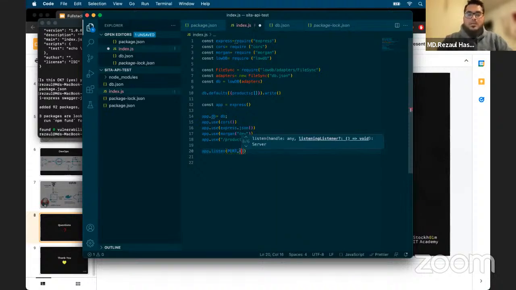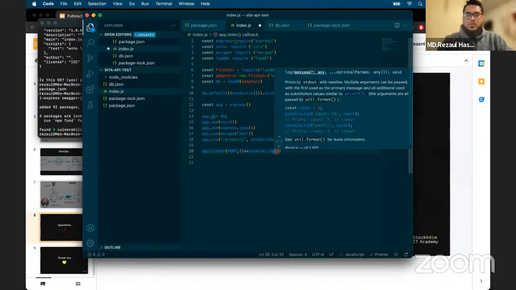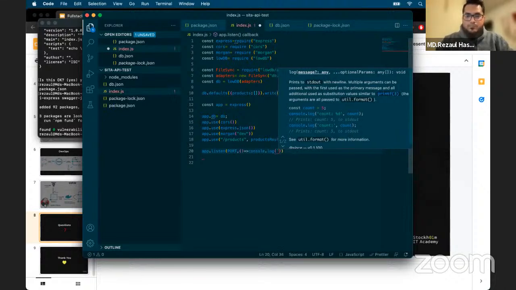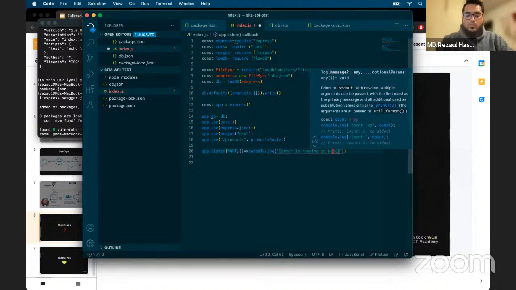and then we can say, hey, we can console.log, and then say, okay, server is running on port